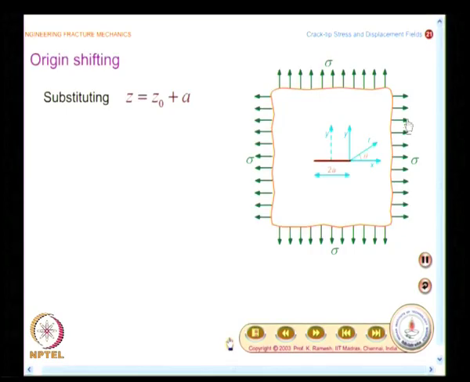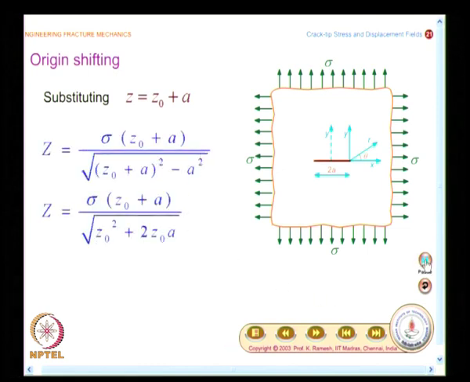Just because people solved the problem of a plate with a circular hole, a plate with an elliptical hole with a uniaxial tension, then Griffith, when he developed the energy release rate, he took a central crack in a tension strip. People extrapolated blindly that the Westergaard solution is also meant for a uniaxial tension strip with a central crack. It is not so. We have looked at the boundary condition, we have reconvinced ourselves that it is actually for a biaxial tension. Now, if we want to get the stress field, I need to take this step,